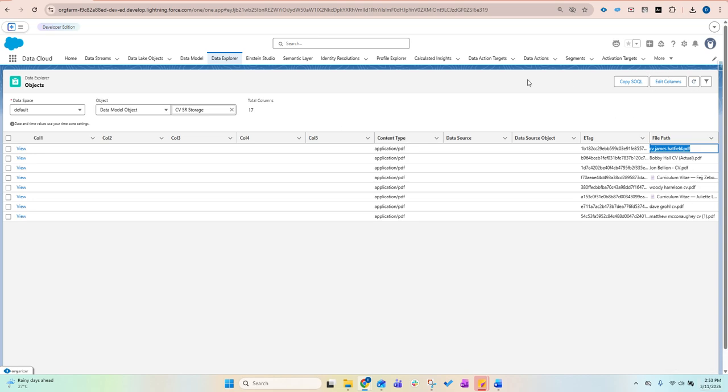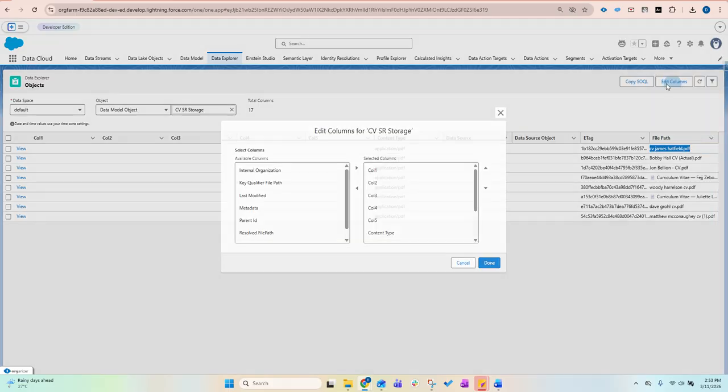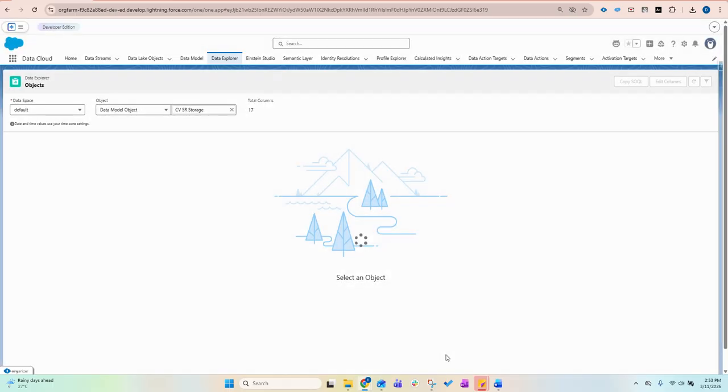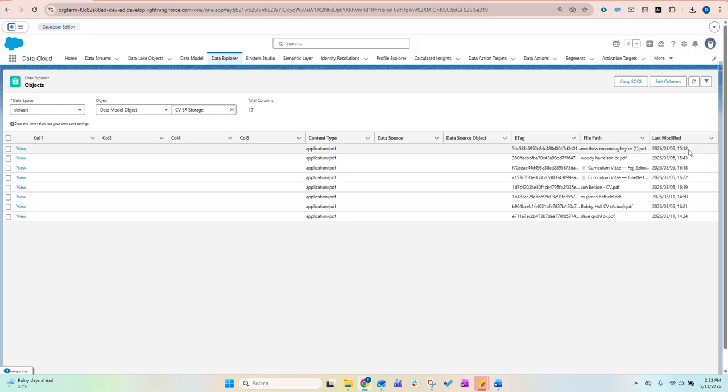Just to make sure, let's remove this and add in the last modified. You'll see that it's pretty quick. Cool. And now again, you want to know, why do you want to store it in S3 as well as